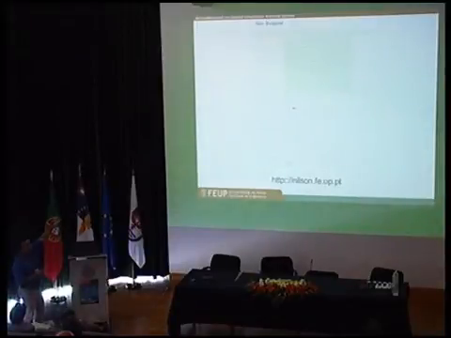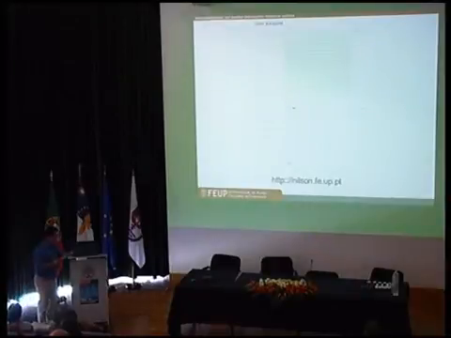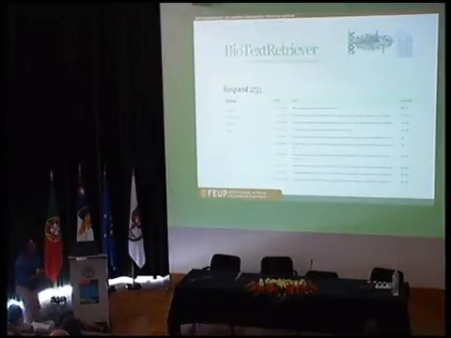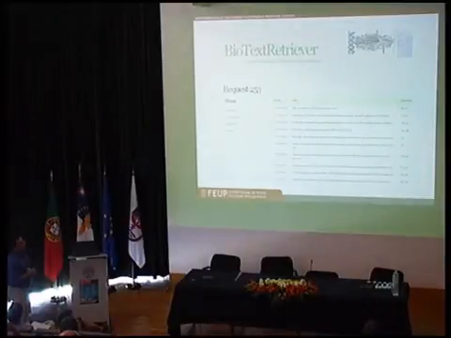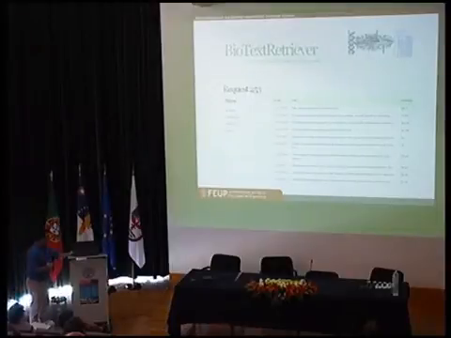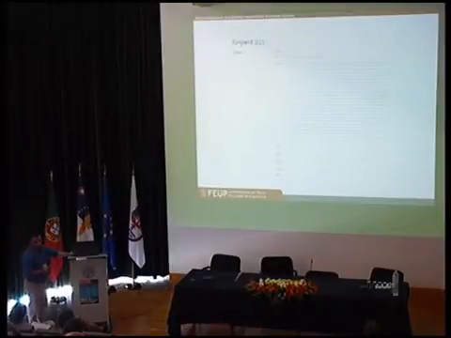But this is the entrance of the tool where the biologist can put the sequences in the upper box in FASTA format, specify the e-value, the threshold for similarity, and then the model is constructed by the procedure I just told you, and a set of documents are shown to the user, ranked by a ranking function, and then clicking on each document, you can see the title and abstract.